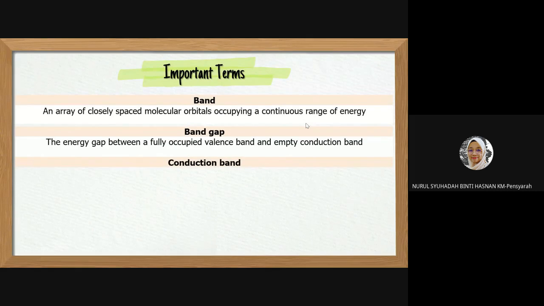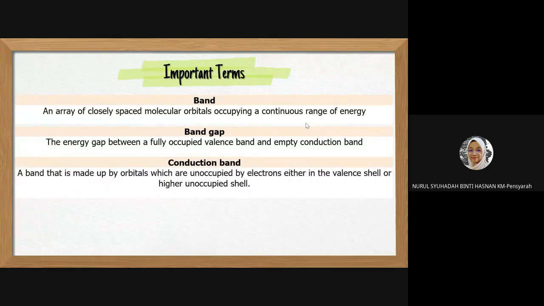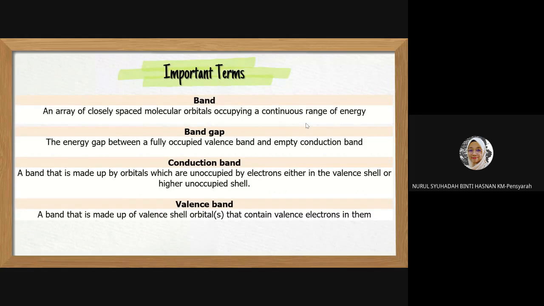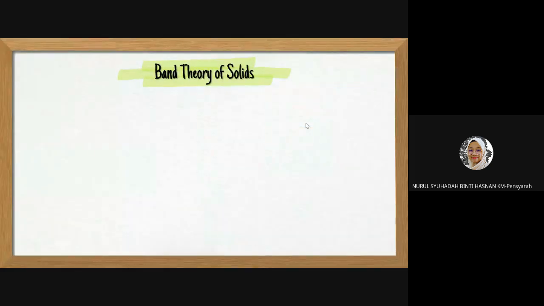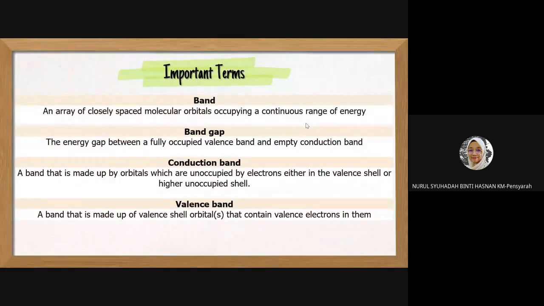Okay, kemudian kita ada conduction band, which is a band that is made up by orbitals which are unoccupied by electrons either in the valence shell or higher unoccupied shell. Okay, dan valence band dekat sini, kita ada a band that is made up of valence shell orbitals that contain valence electron in them. Okay, so kiranya dekat sini, bila kita nak cerita nanti tentang kita punya band theory, apa yang awak nak kena faham adalah, okay,